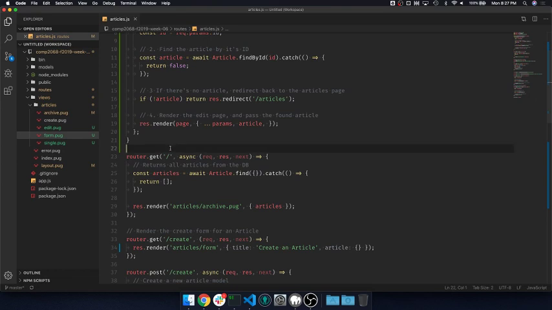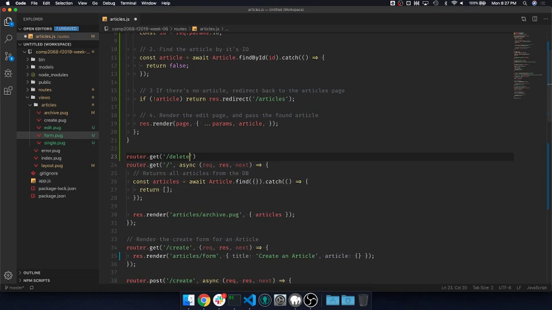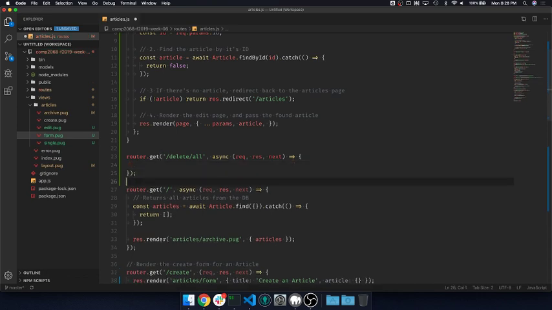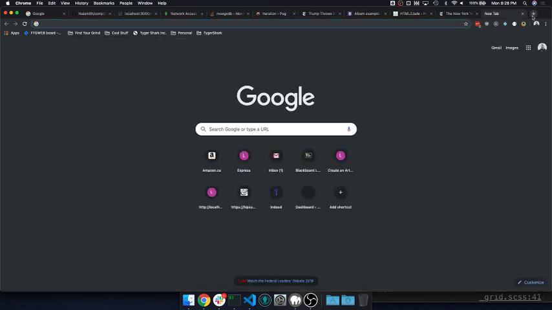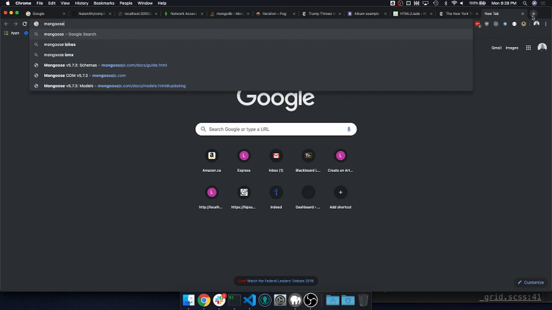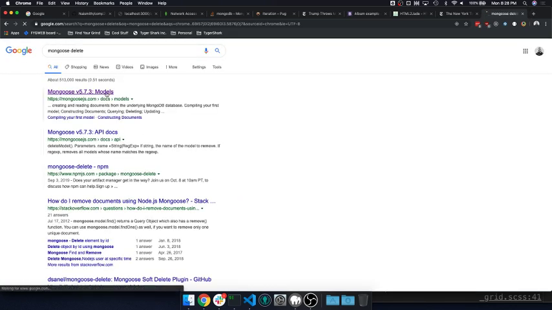So at the top, I'm going to create a router.get that's going to be /delete/all. And I'm just going to make this a GET request just so it's easier. So async request, response, next. And if you recall from last week when I said how the update and delete request works in Mongoose, it will try to find the first value that matches and then either update or delete it. However, if I want to find and delete all of them,